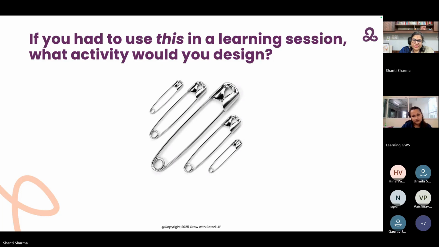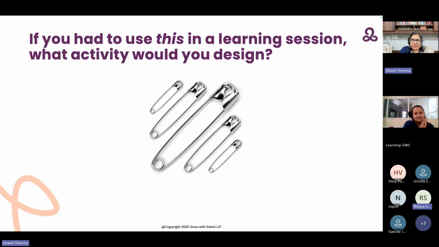Okay. So this is basically a safety pin, right? And in India, it holds a much greater position in every household. Every person always has a safety pin at least, especially girls. If I had planned the activity, it would be: in the entire team, who is your safety pin? Whoever you feel is the safest, or you can reach out to at any time, you can give that safety pin to that person.